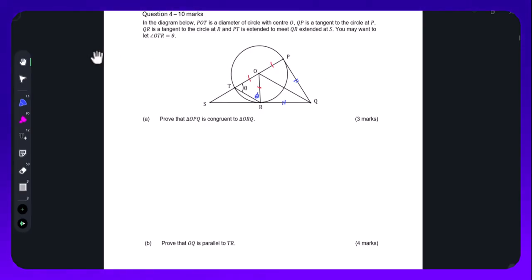Okay, for this one I'm going to be pausing at times to do a bit of writing, so bear with me. So, prove that triangle OPQ is congruent to ORQ. First up, I guess I'll do the markings on the screen. So I've got my